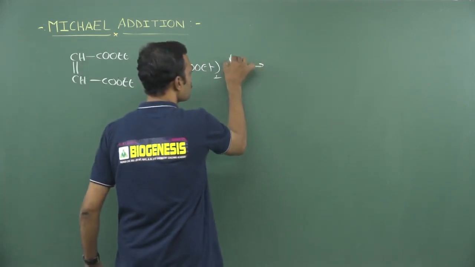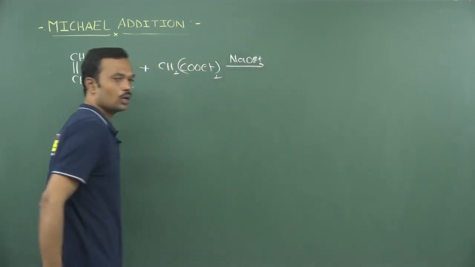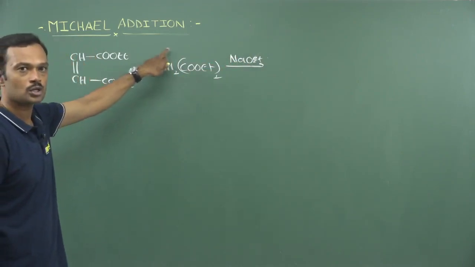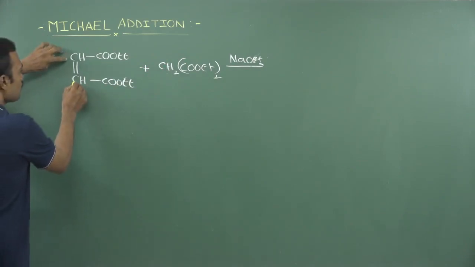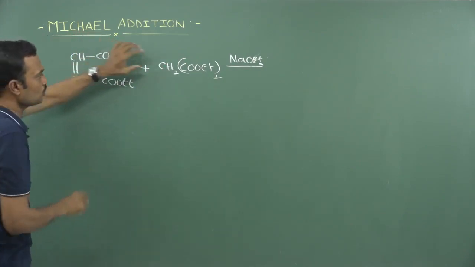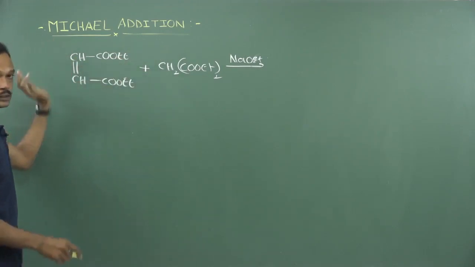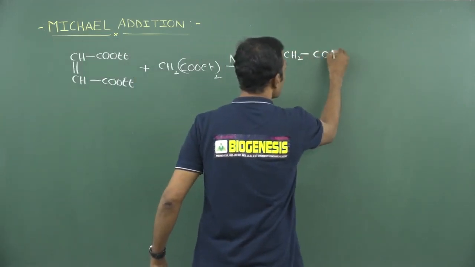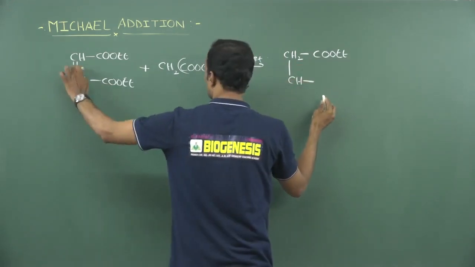Now the reaction is carried out in presence of NaOEt. I already showed the mechanism, so now I will write the direct answer here. This base will remove a proton here, that will form a conjugate base, and that will attack on this. Always remember this is alpha, beta with respect to this, and this is alpha, beta with respect to this. So you can add this on any one of these by removing the double bond and putting one hydrogen over there. Can I write like this? Here I am writing hydrogen and this is COOEt, ethyl. Now here one hydrogen is present, the double bond is lifted.